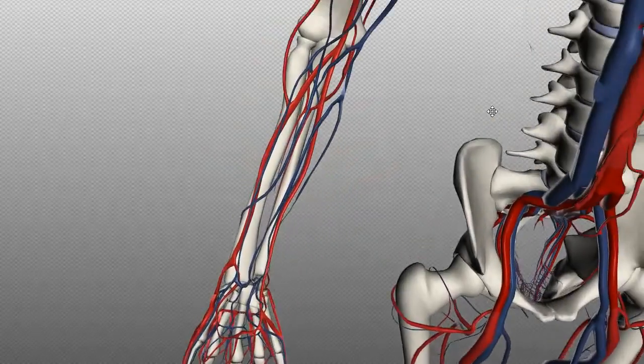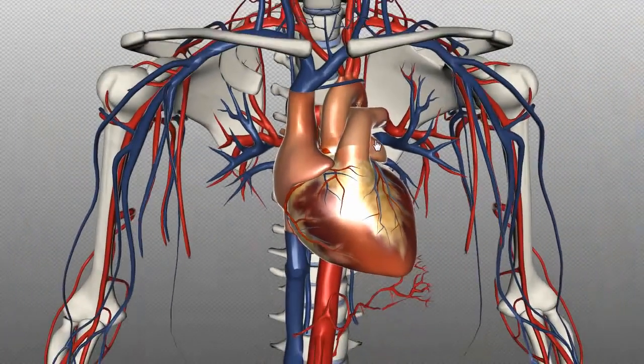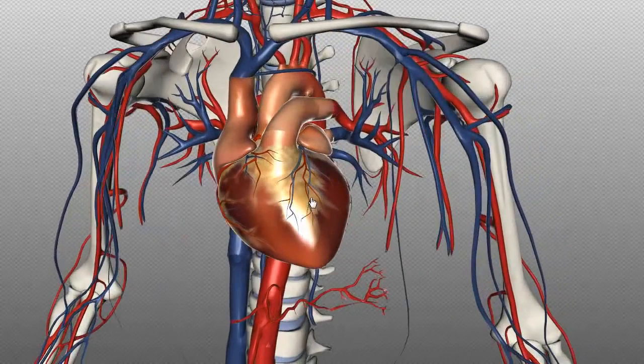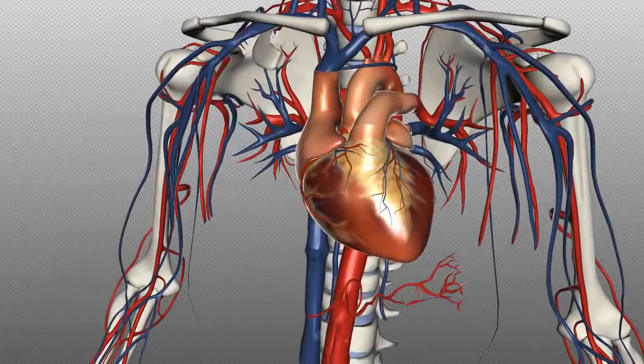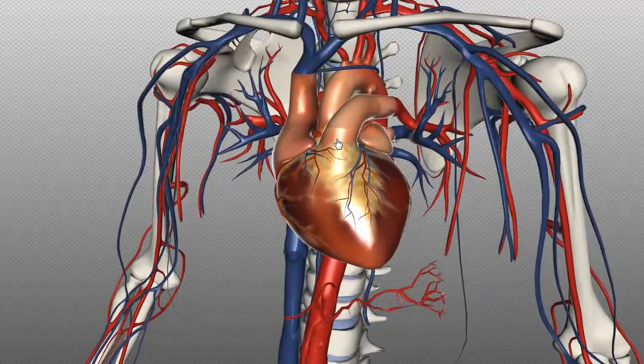I'm just going to return back to the center of the body, back to the aorta, and we're going to follow it now down towards the abdomen and lower limbs. The aorta can be divided into 5 sections. The bit between the heart and this arch is called the ascending aorta. So you've got this ascending portion, and then you've got this arch shape, so this is the arch of the aorta,